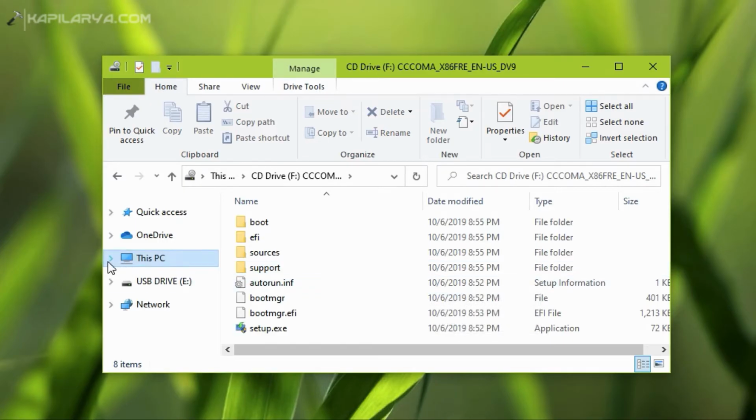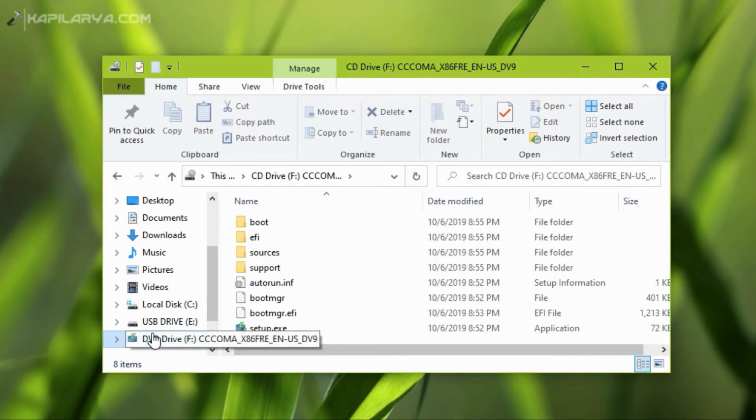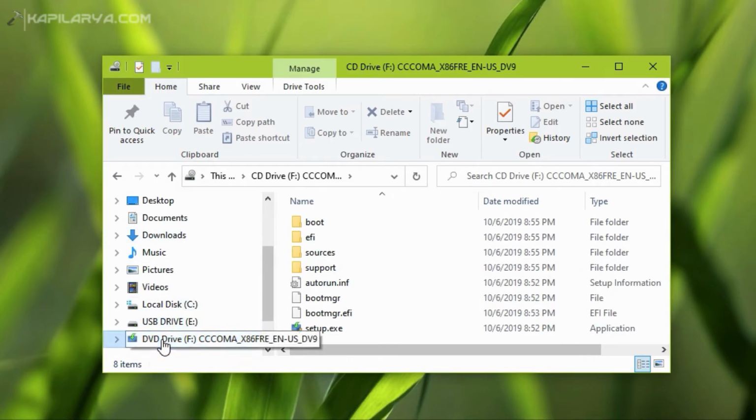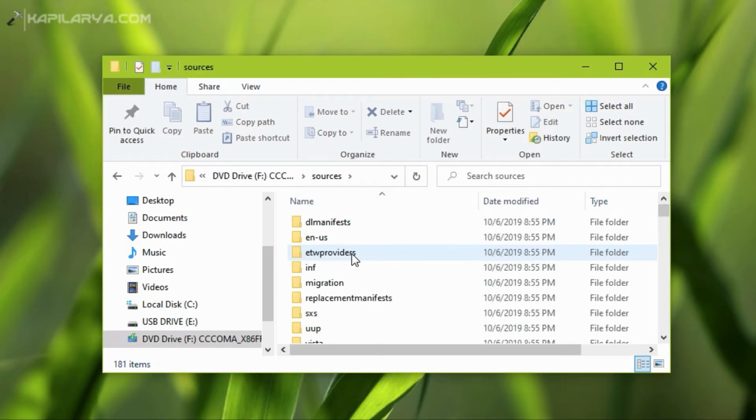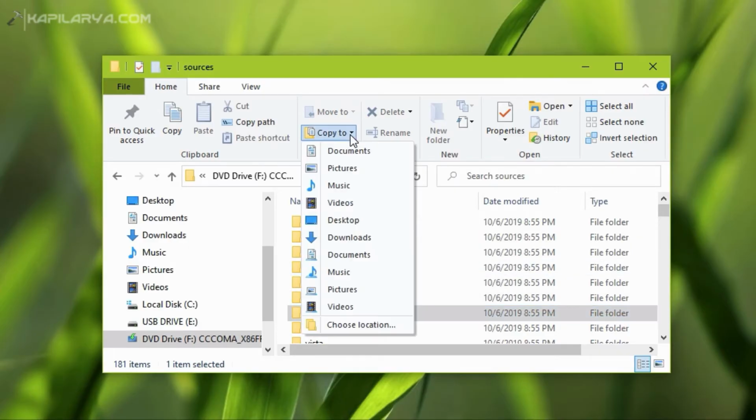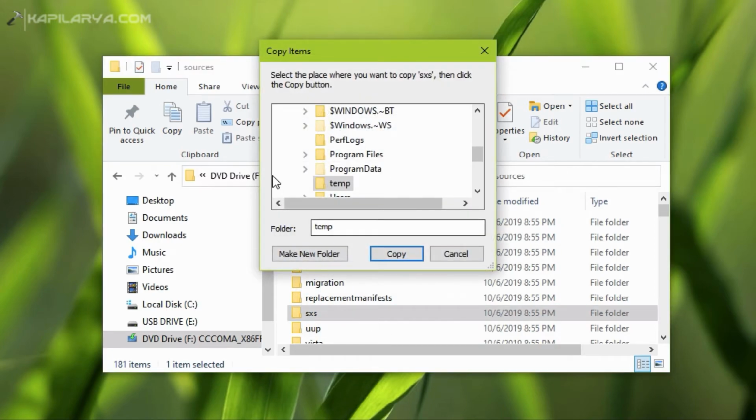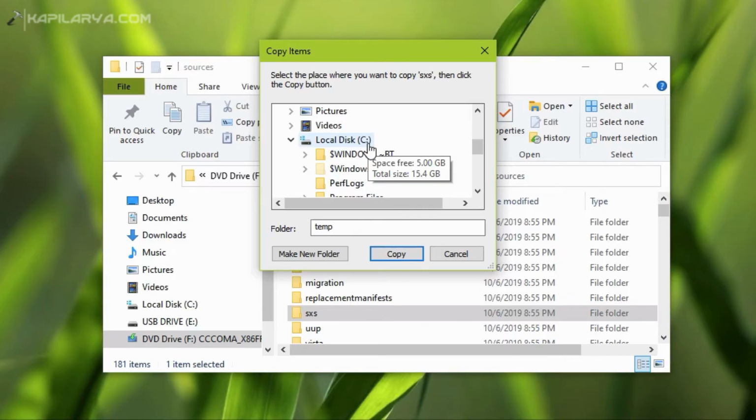After mounting the drive, it can be seen as the DVD drive, as you can see in this video. Then you have to go to that drive and click the sources folder, and inside the sources folder there is another folder named SXS. You have to copy this folder to the temporary folder we just created inside the system root drive.